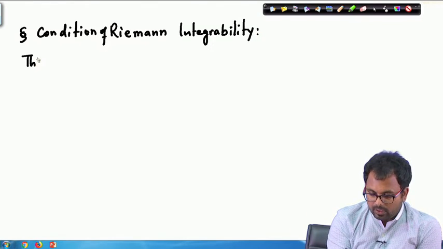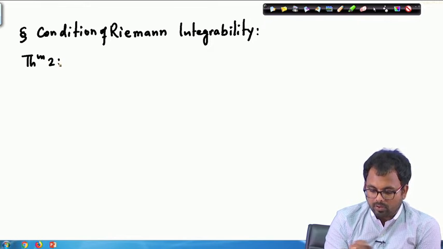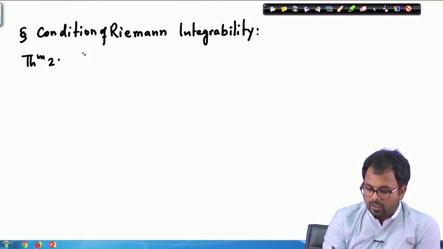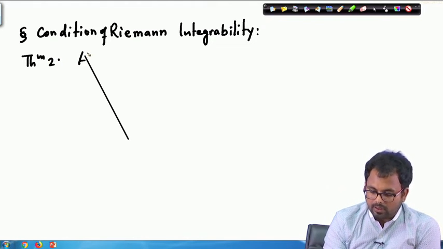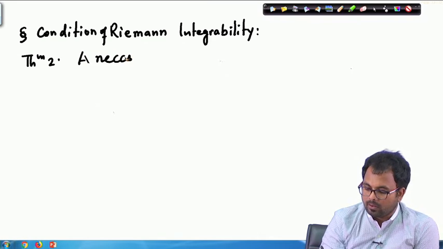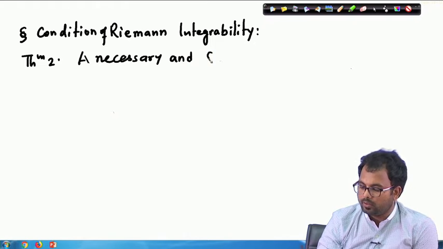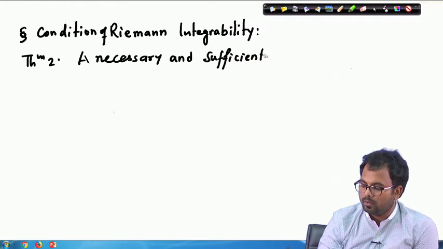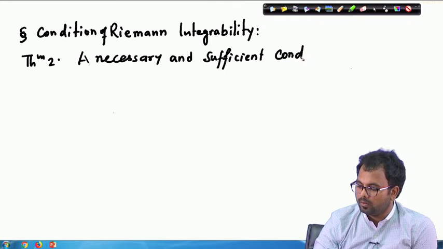So, we can formulate this in terms of another small result. Theorem 2 says that a necessary and sufficient condition